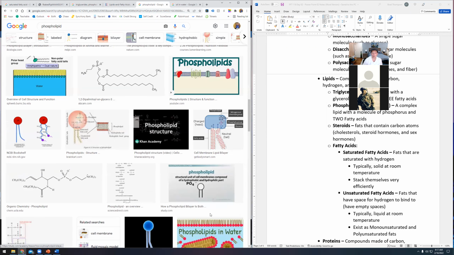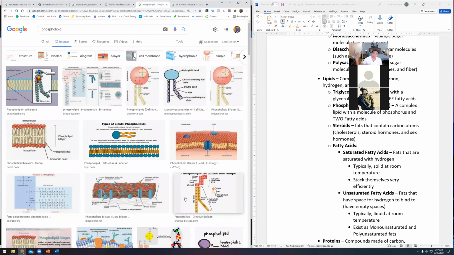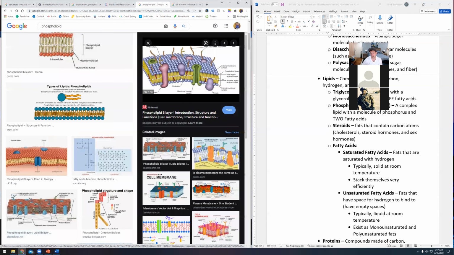And that's really important because your cells want to be able to choose what materials come in and what materials go out. If it didn't have this sort of protective layer, you're filled with water, right? So then materials would just move in and out of your cells. They wouldn't be able to store things on one end or another. Now, obviously, we do need to be able to let things into our cells.